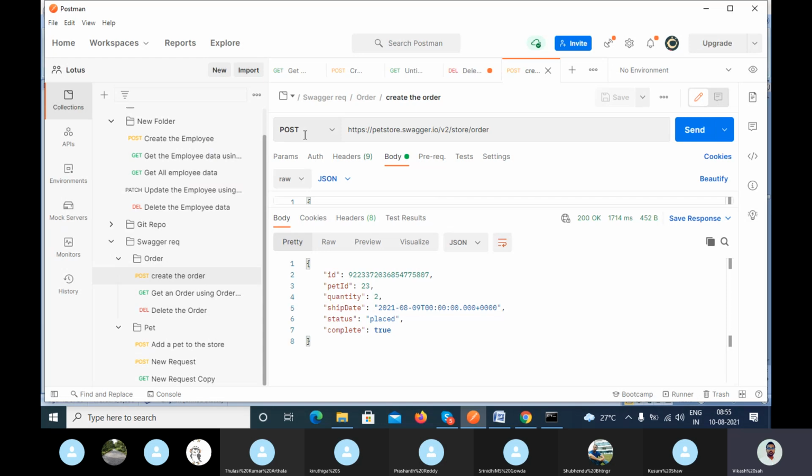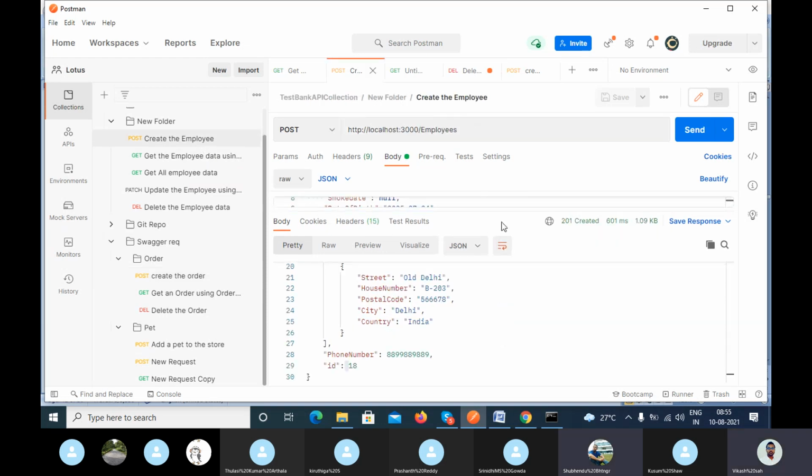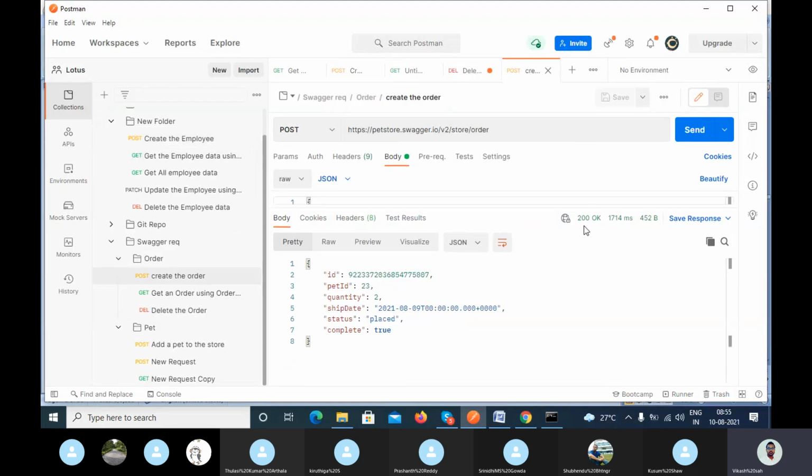So guys, you can see here, when I'm trying to use this service, petstore.swagger.io, I'm using the POST method. Can you see the status code here? Yes. Here we are getting 201 in the different service, right? And here in the Swagger you are getting 200, right?